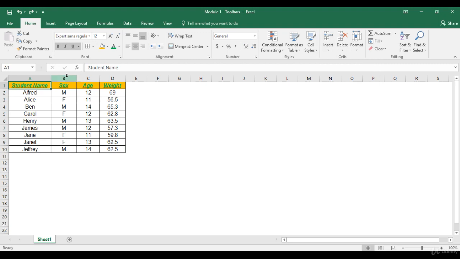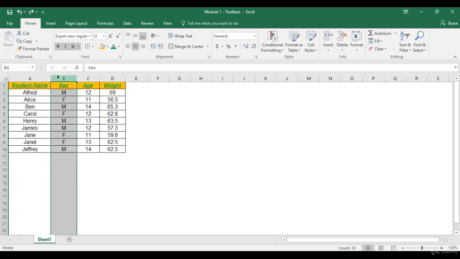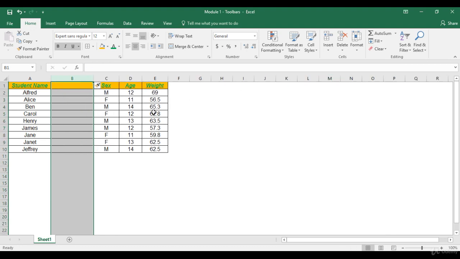Similarly, we can use the insert commands also over here. Supposedly I want to insert a column before column B. One option is to do a right click and click on insert. This is something which we'll go through in the next session. But over here using the home group, we'll select the column and click on insert sheet columns. This inserts a column. Let's undo it.